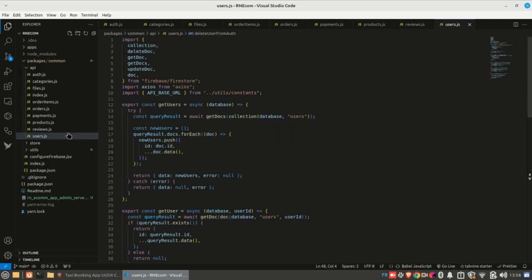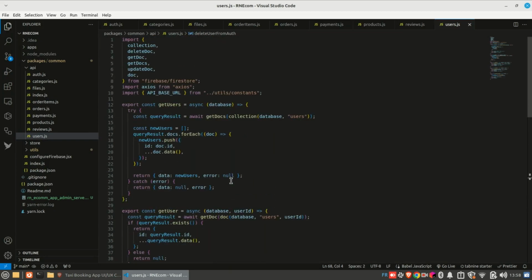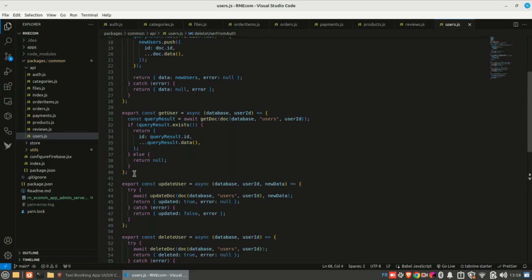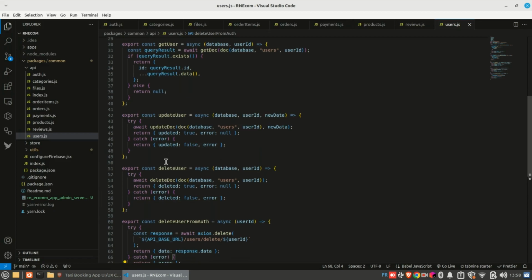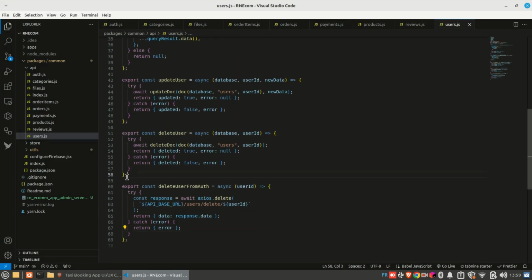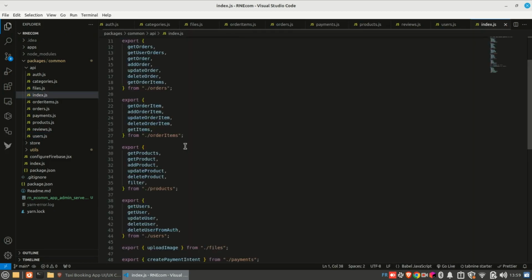And the same thing for the users. I can get the users from the database. I can get a single user. I can update a user. I can delete a user. And I can delete a user from the database, and I can delete it from the authentication database. So this is for the database, and this is for the authentication. Here I need to make a server call, because you can't delete a user from the client. So I need to